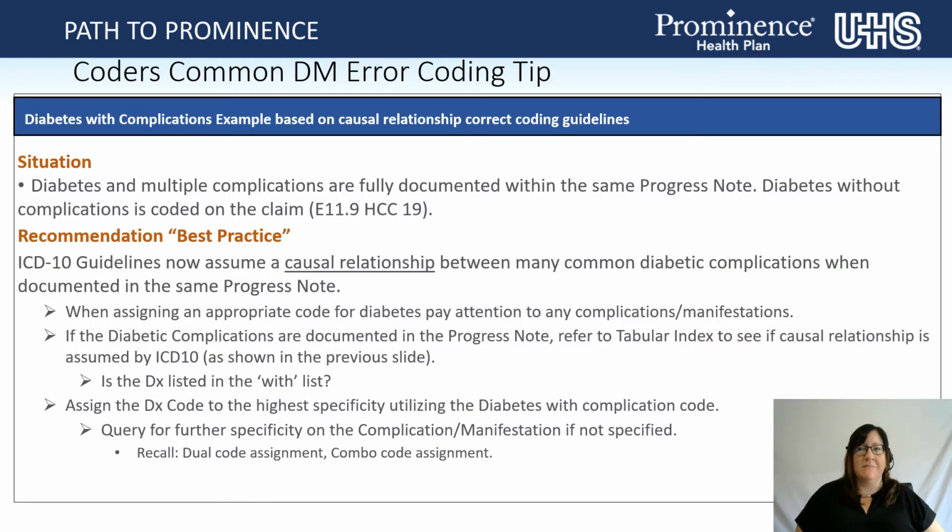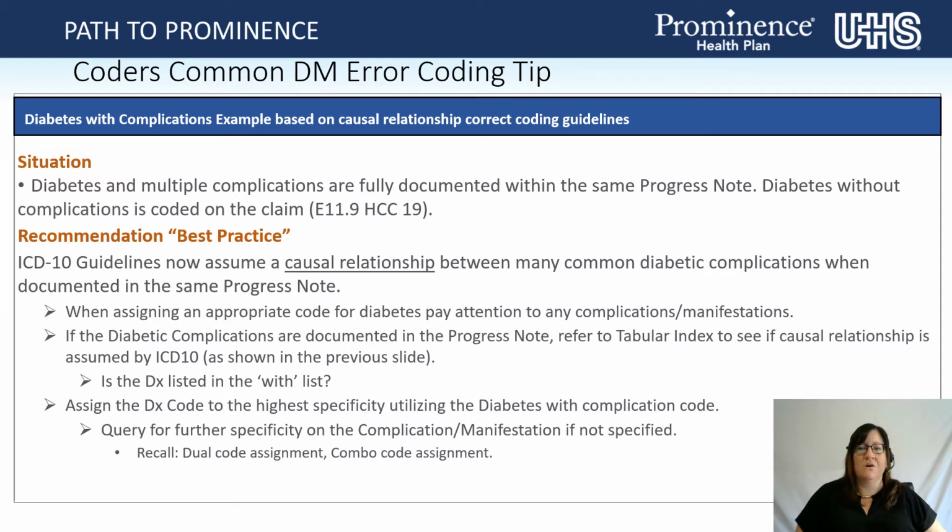Coders' common diabetes error coding tips. Diabetes with complications example is based on a causal relationship and correct coding guidelines. The situation: diabetes and multiple complications are fully documented within the same progress note. However, diabetes without complications is coded and added to the claim. Recommendation for best practice. ICD-10 guidelines now assume a causal relationship between many common diabetic complications when documented in the